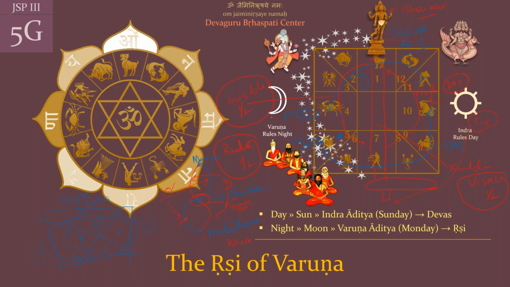So remember, we put the moon over here on the left hand side and we put the sun on the right hand side when we are seeing the houses from Aries. But the moment we are seeing houses from Leo, which is Bhuvaloka houses, then we are reversing it and we are putting the sun on the left and the moon on the right. How interesting. So now we are going to see Bhuvaloka.